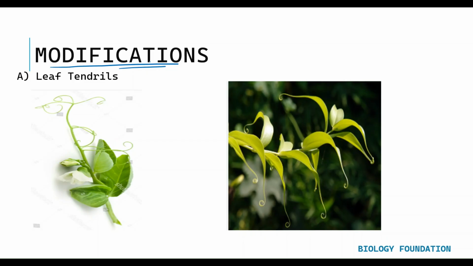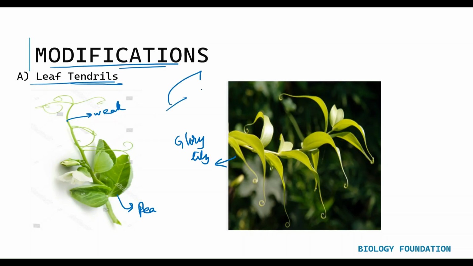Okay, what are the various modifications in a leaf? First is leaf tendrils. In some plants, the stems are very weak. For example, here you have pea plant and glory lily. Okay, this is glory lily plant and this is pea plant. Here the stem is quite weak. So that's the reason the leaf apex